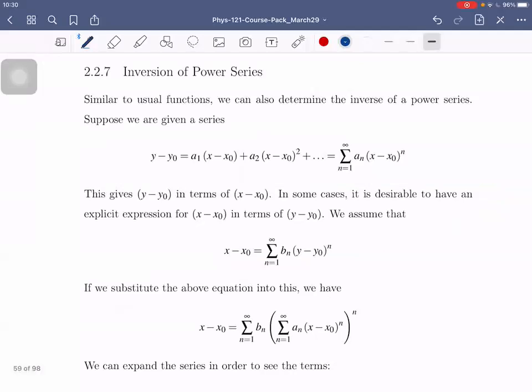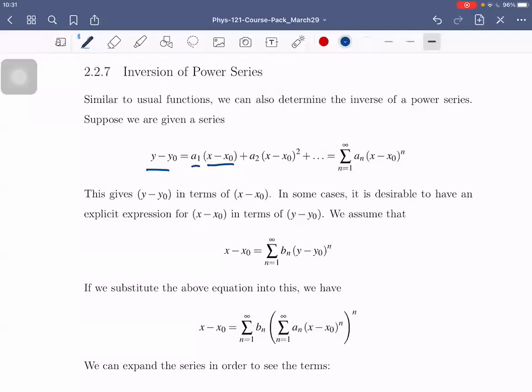This is called inversion of power series. So tandaan nyo pa ba yung mga inversion of function? How do you get the inverse of a function? Yung ginagawa natin, pinagpapalit natin yung domains. Tama? So ang inverse ng function is usually, pag kinuha mo yan, a mirror image along the x equals y line. Okay? So halimbawa, suppose we are given the series y minus y sub 0 is equal to a sub 1 times